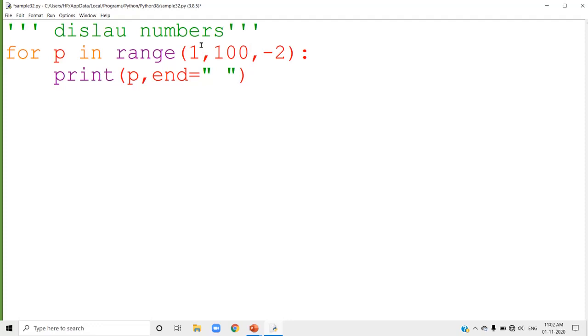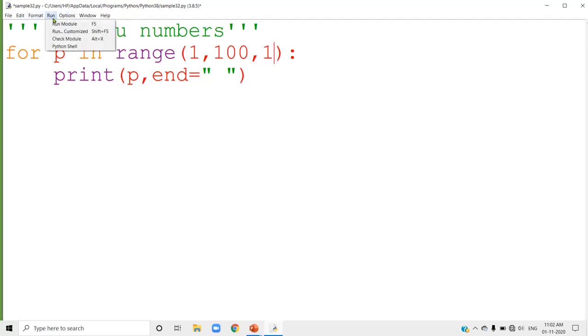That depends upon the question. Here the question is between 1 and 100. That means either you can include 100 or not; both meanings are there. It is not mentioned that 100 must be included, so it is up to the programmer to decide. Now this is from 1 to 3, where the step value is 1. It is not compulsory to give the step value; you can omit it, or you can give it as well.